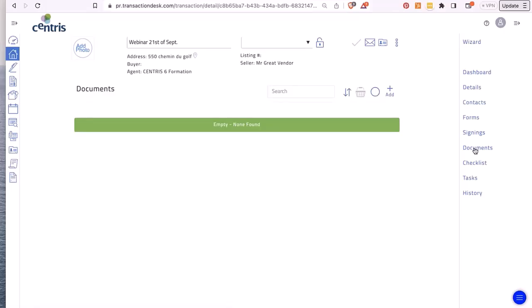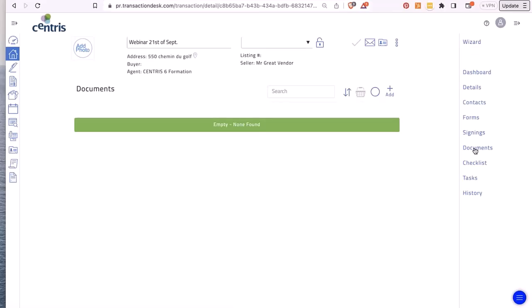So the documents section, as I introduced it a little bit earlier, is the same thing as Dropbox for the people who know what that is, or Google Drive or iCloud. So it's a storage space in a cloud if you want. And the difference with this one here is that it's first of all approved by OICQ and it meets all the security standards that the OICQ wants. It's part of your membership